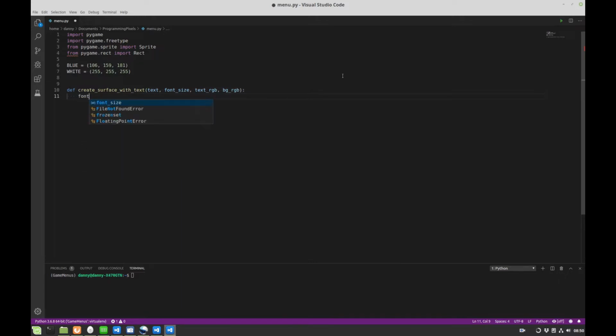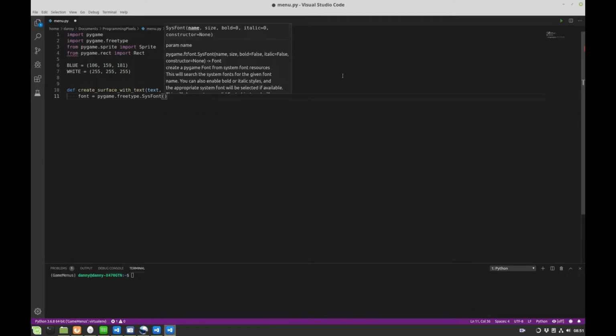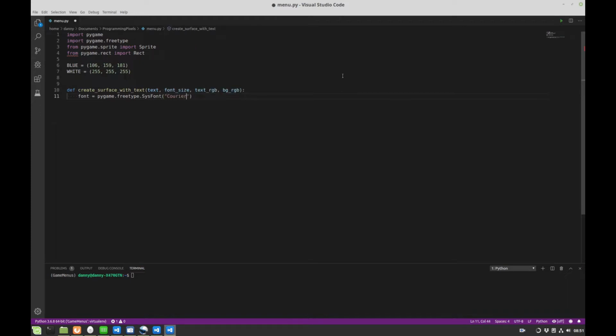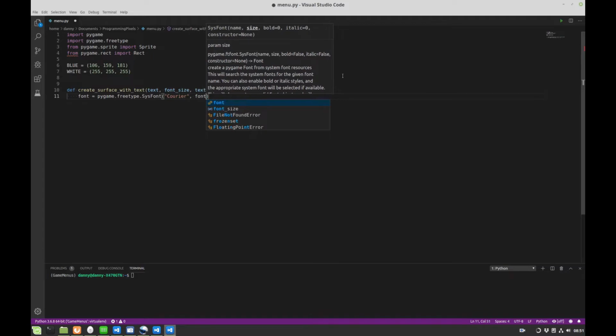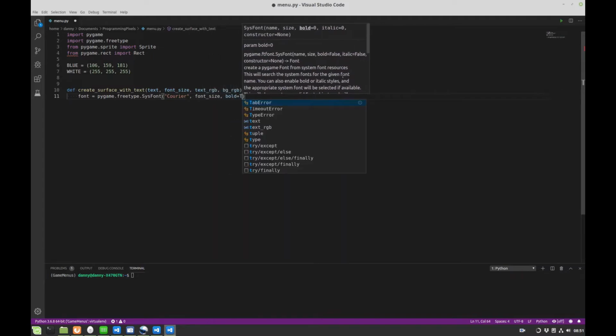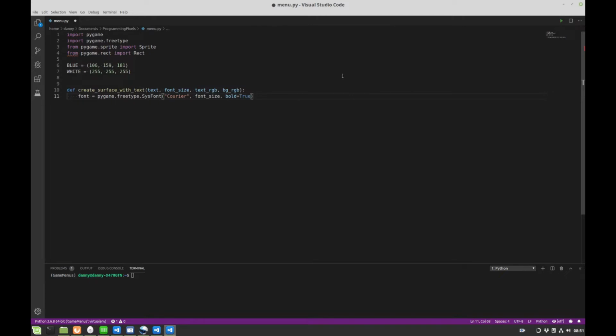Let's see. So then we need to create the font. There is another way you can make text in pygame, but from my research it turns out that free type is the better way to go. It's the simpler way. I think pygame.font is the other way you can do it, but using free type, we can save a couple of lines. I think we're just going to make a courier font object here with the font size that we pass into the function. We're going to make it bold as well, just because it's a bit easier to see. I prefer it bold, but